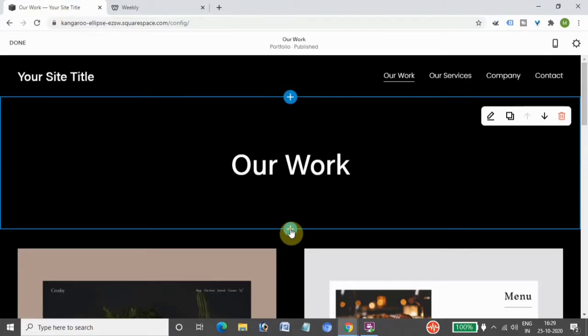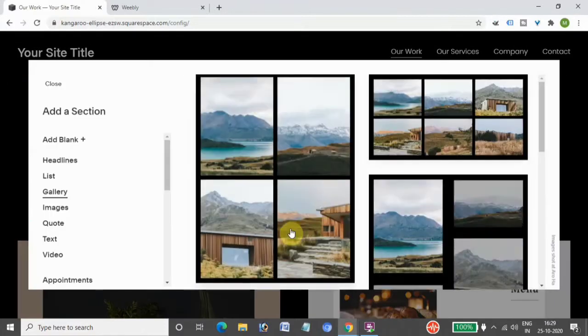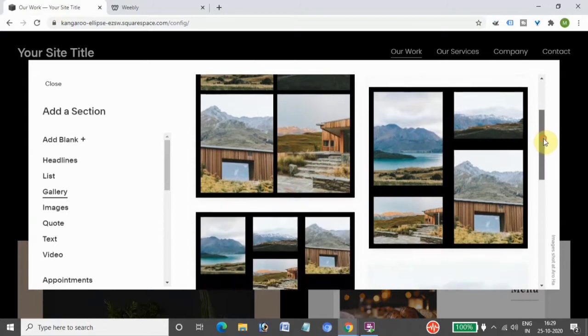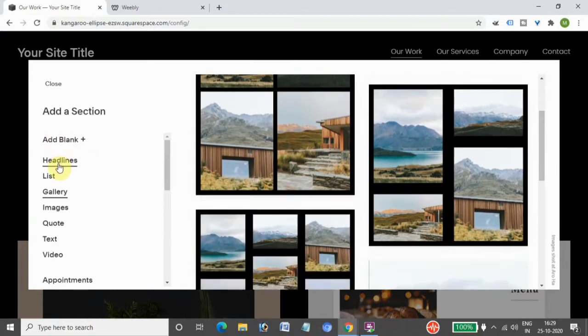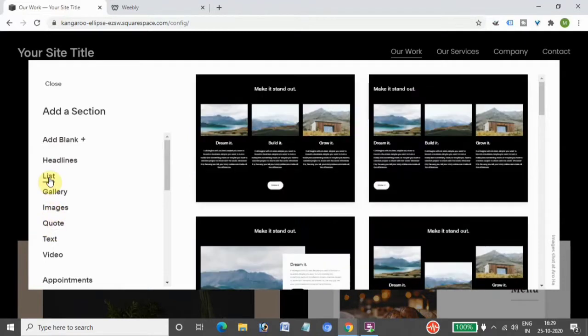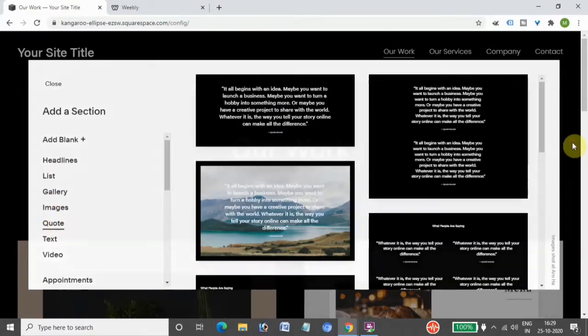I'll try to add one content block. It will give me options for how the content block should look. Is it a gallery, a headline, or a quote? It shows me different options. Everything is divided into content blocks.